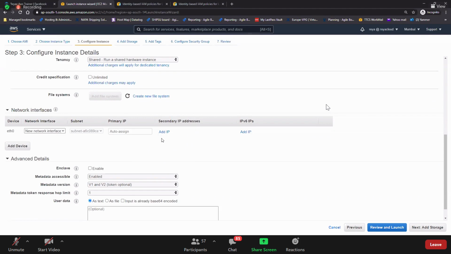It is also possible to add multiple private IPs to your EC2 instance. This would not be a certification question at all, but just keep this in mind. Is it possible to add multiple IPs to a single EC2 instance? Yes, possible.